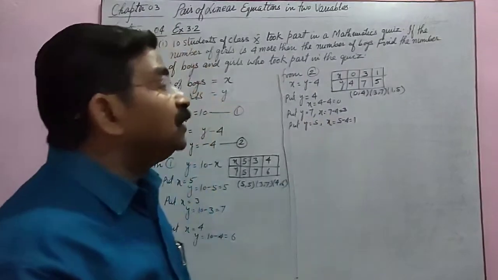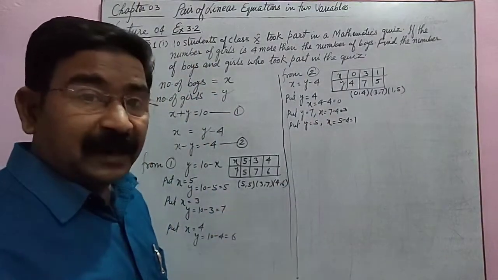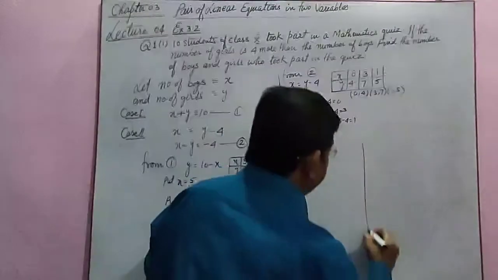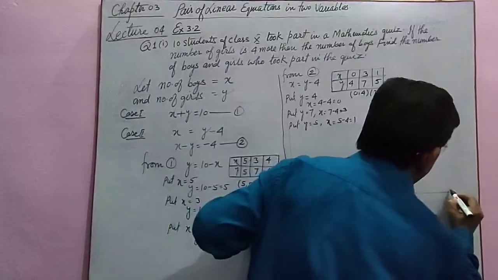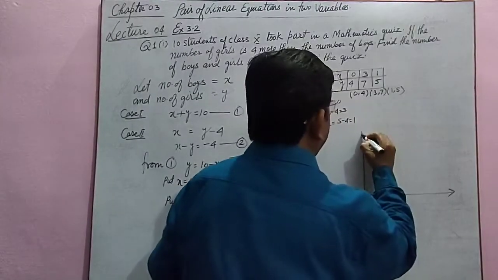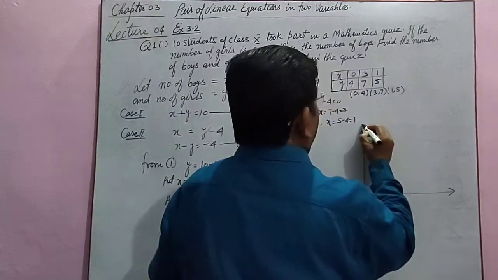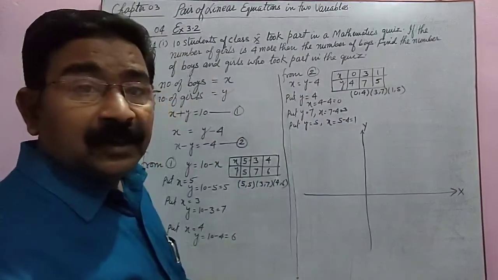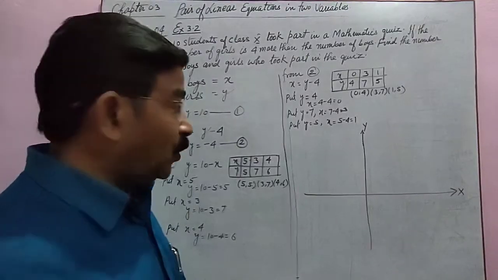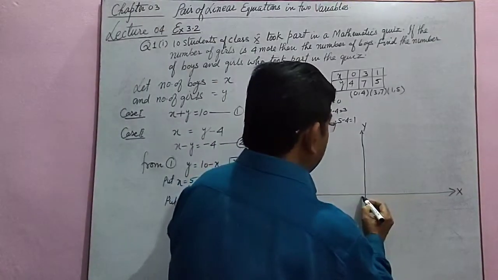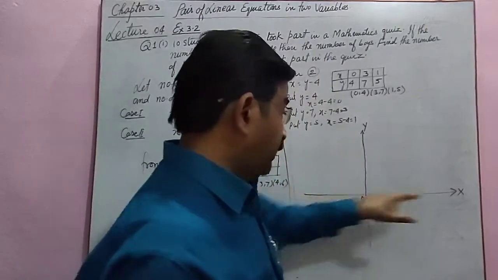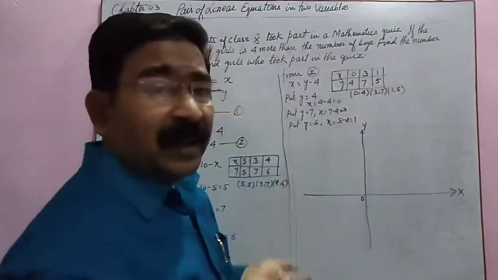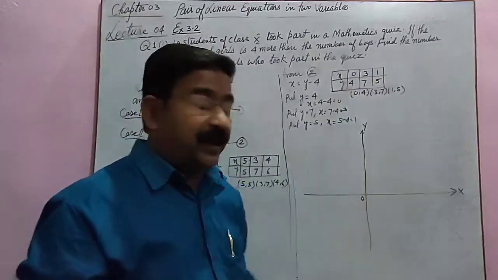So we have got the points. Let's plot the graph and get the answer. Draw the y-axis and x-axis. First you must write the scale. Scale is important. How to write? This is origin O, OX and OY. So all points are positive, so we will have the points in the first quadrant.